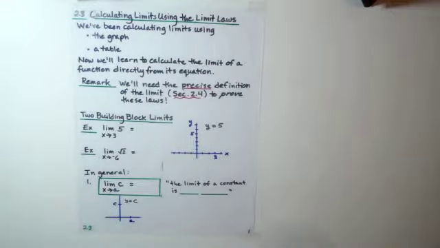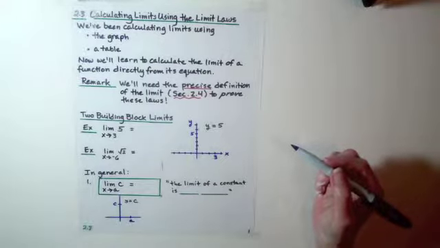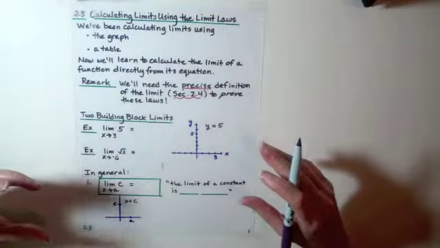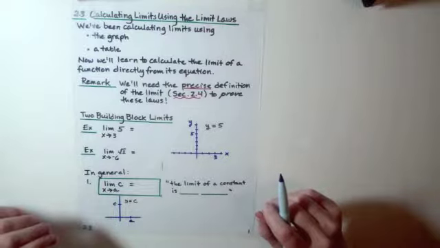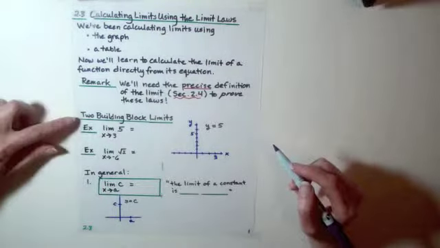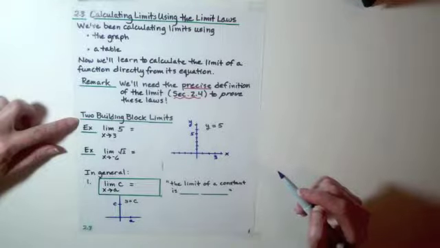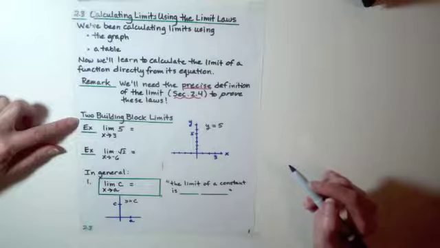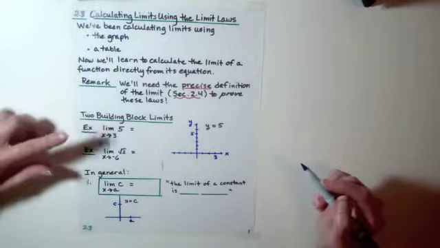All right. The way that we are going to approach finding the limit of a function from its equation is to try to take a difficult expression for a function and break it down into simpler parts that we can find the limits of. So we're going to start with two very simple building block limits, and rather amazingly, from these two building block limits, we'll be able to find limits of very, very complicated algebraic functions. So let's look at the